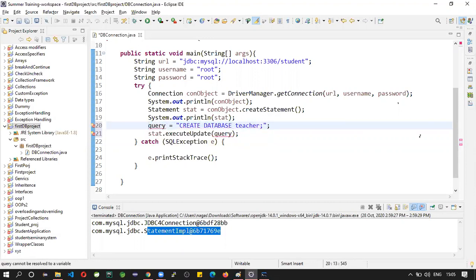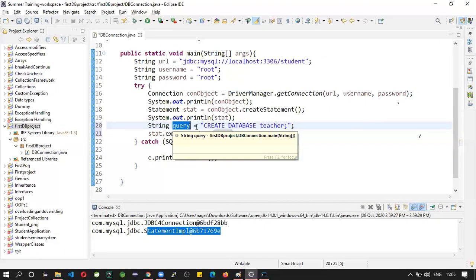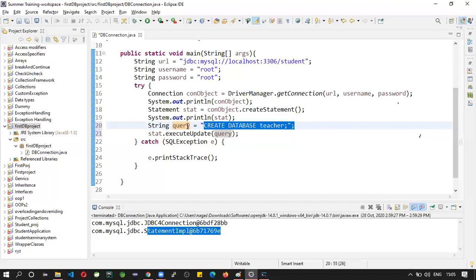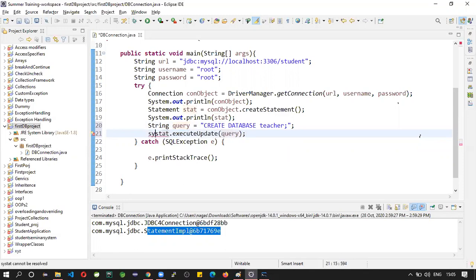And what is the type? String. Now you understand why I take query here. First, I created a query and referred to it by using this query variable, and then I provided this query as an argument to executeUpdate. Let us see whether it will execute or create any error or exception.